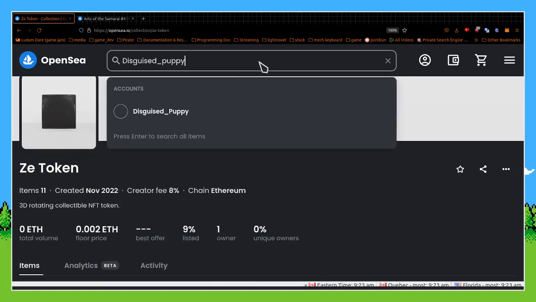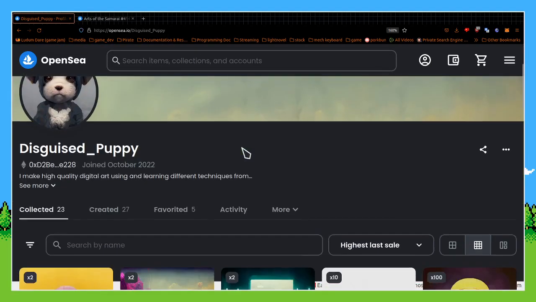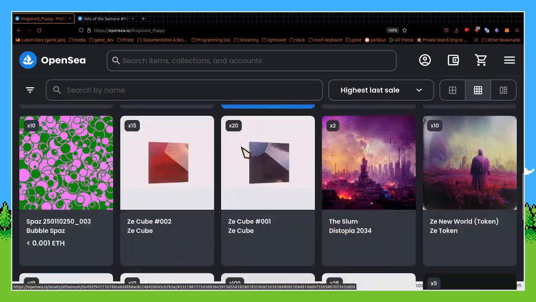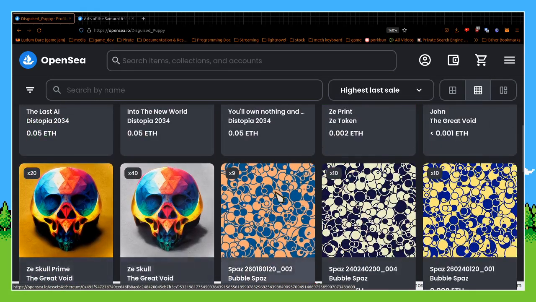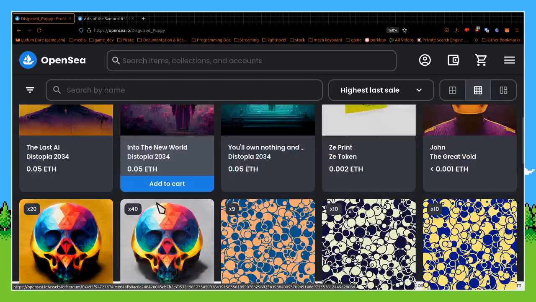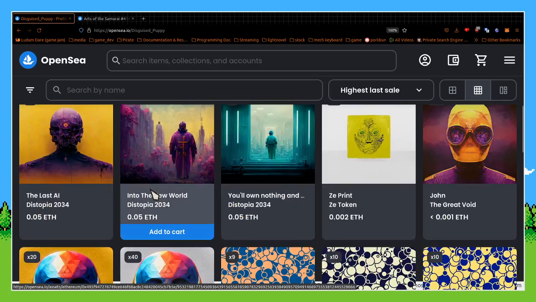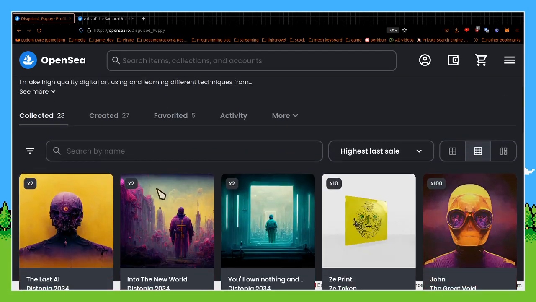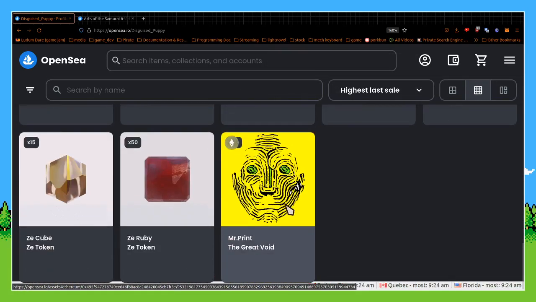There you go, that's my account. Finally, I found it by the search bar. I can't see it on my front page, but it's there nonetheless in the collection. So that's what happens when you hide something on OpenSea: it's still visible in the collection it's in, but hidden from your homepage, which is okay, I guess.